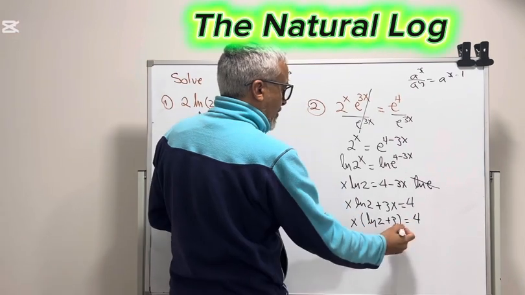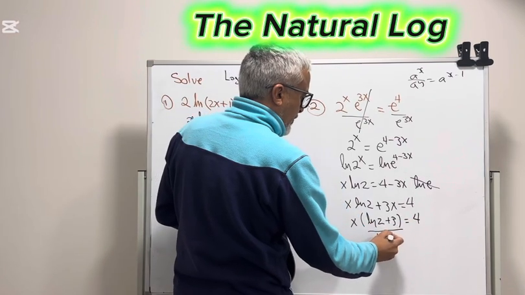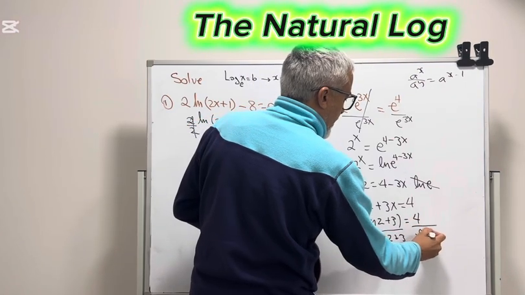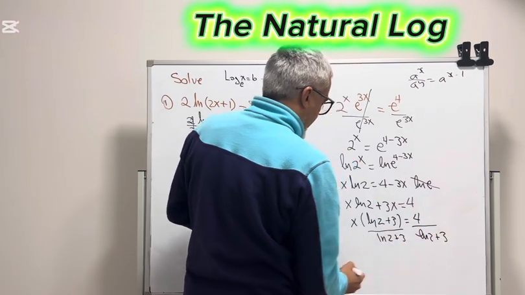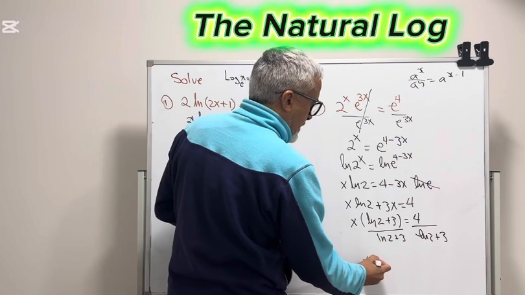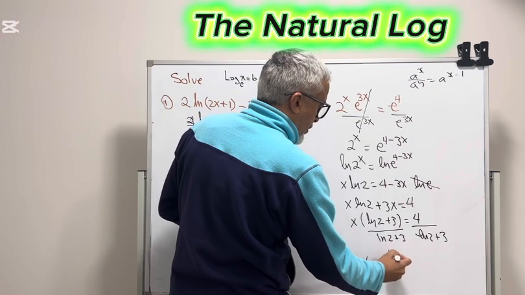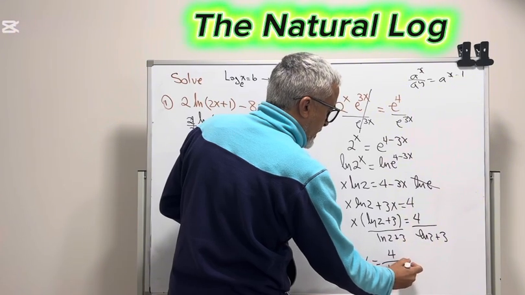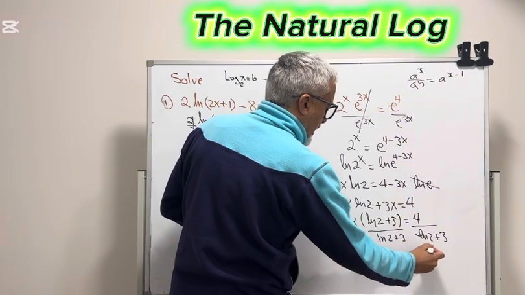Now divide everything by ln 2 + 3. And therefore my final answer would be x = 4/(ln 2 + 3), and that's your final answer